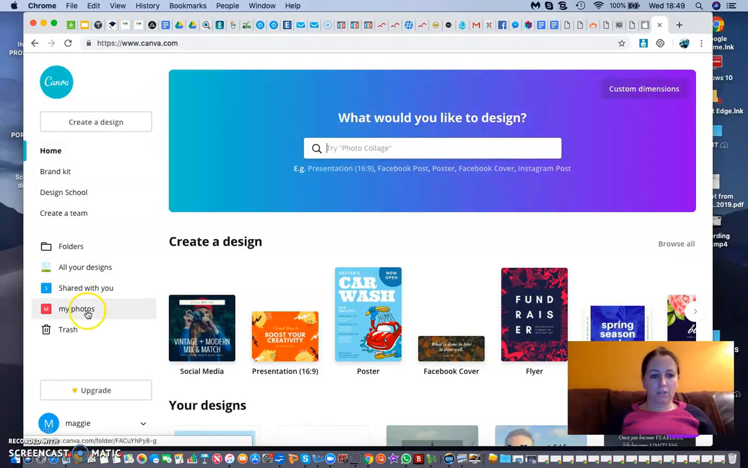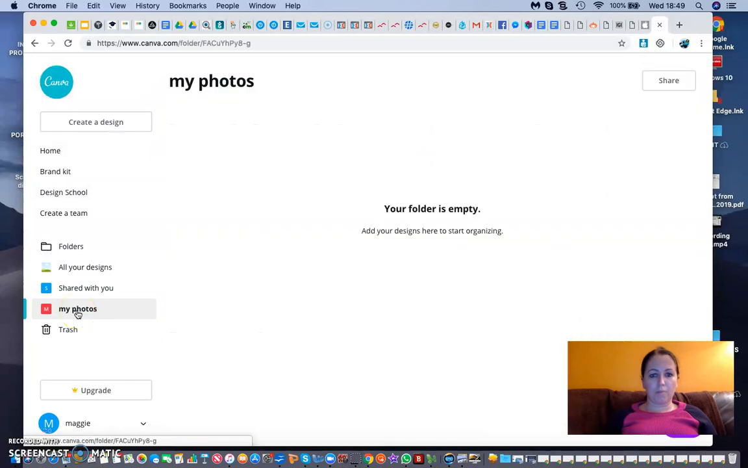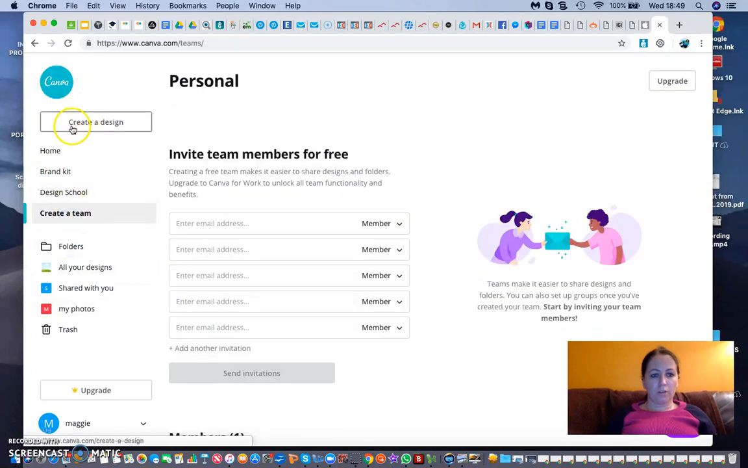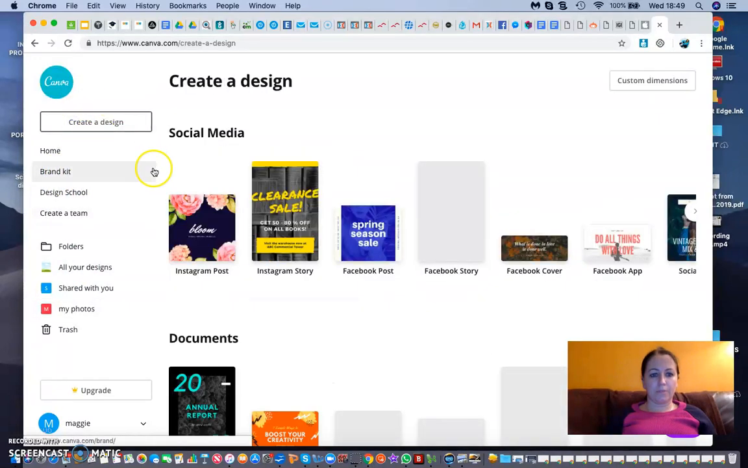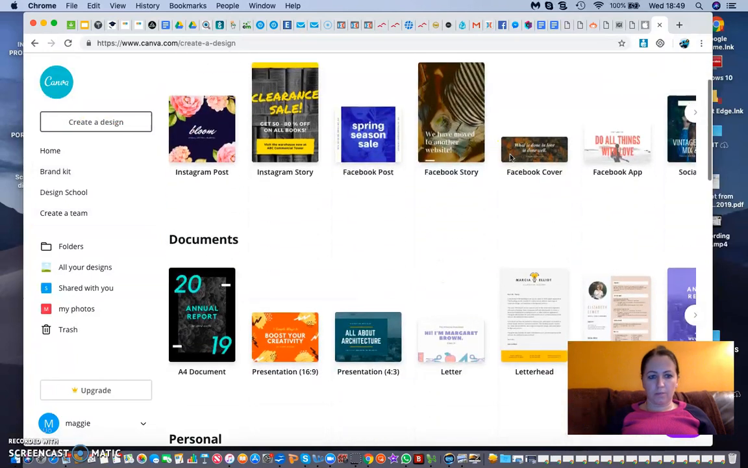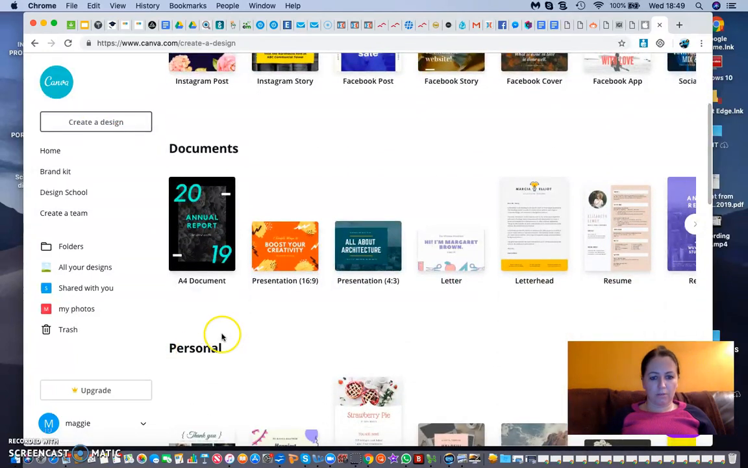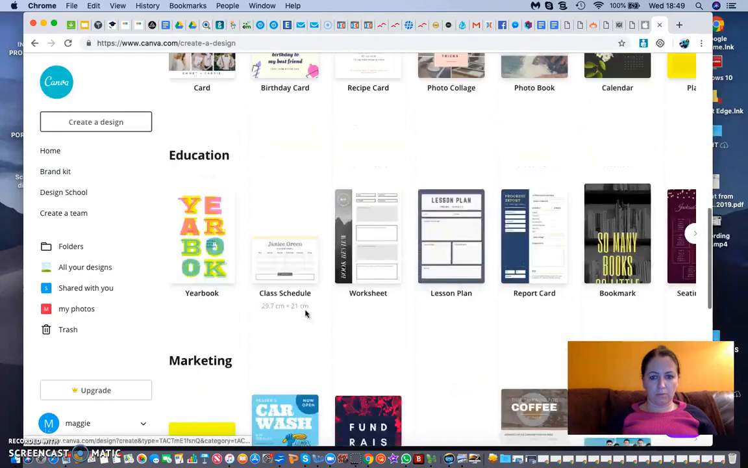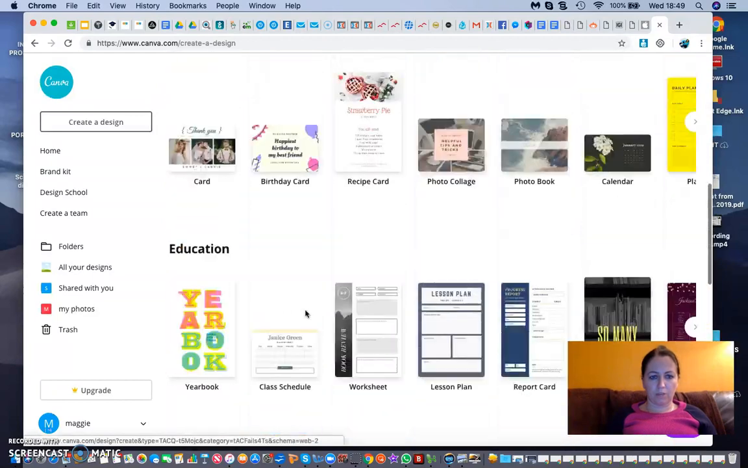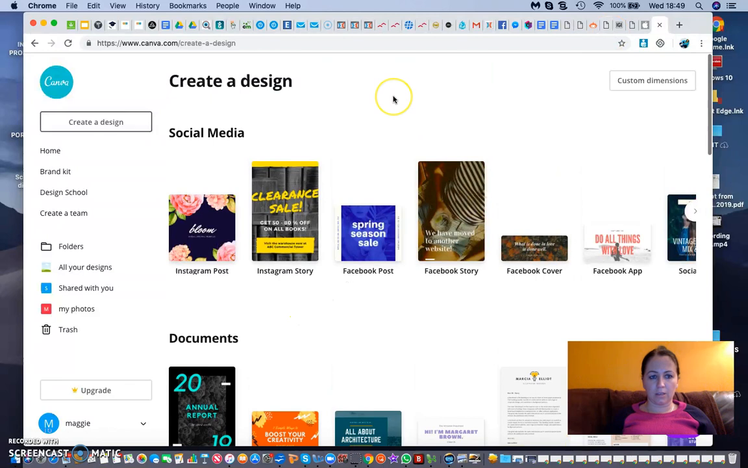You can actually go to your photos, which you can upload. You can also go to create a theme. You can also create a design. Actually, I'm just looking if this is my own account, because I think I have two accounts by accident. However, it doesn't matter. So anyway, when you say create a design, you can go to, for